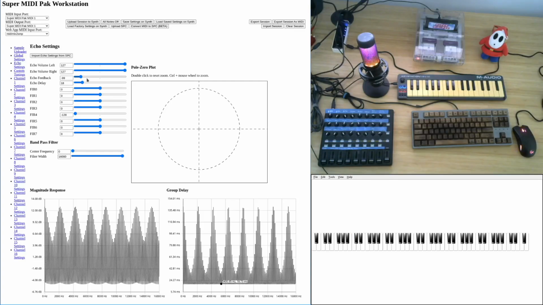And so with that, that's the new Echo Designer tool in the Super MIDI Pack web app. I had a lot of fun using it, making this video, playing with sounds, trying to craft the demo. And it's kind of cool, you know, in real time, messing with the filter response and seeing what you can get. So if you have a Super MIDI Pack, have fun with it, try messing around with it, and see if you can create something cool. And so we'll close this video with the full demo.